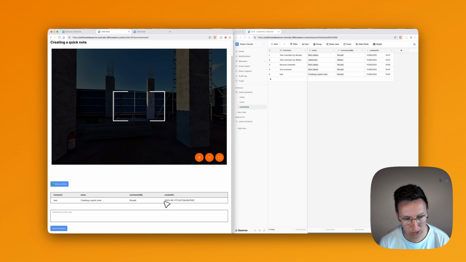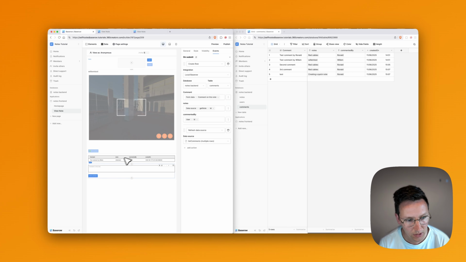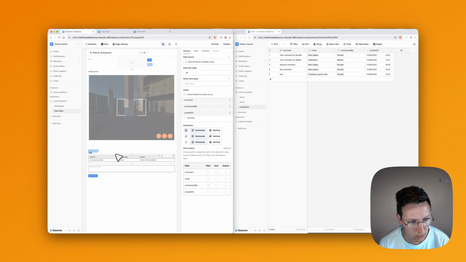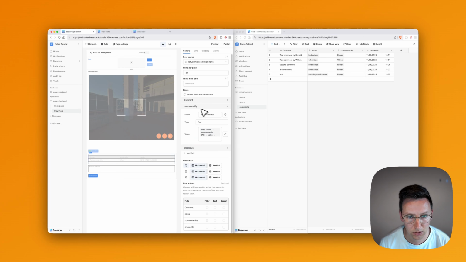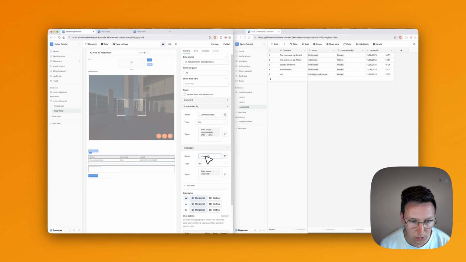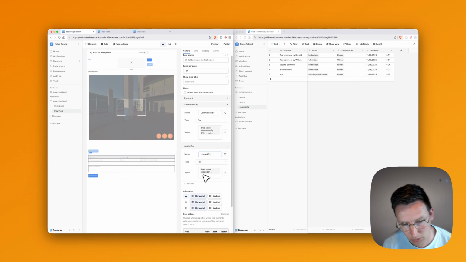Let's make this look a little nicer with the created on, so that we have some formatting over here. And we don't need to show the note because we're already in the note, so we can hide this field over here. So over here, I'll say this notes, this can be away. Command by is useful, I think, but maybe we need to rename this a little bit for the users. And the created on, what I'm going to do is,